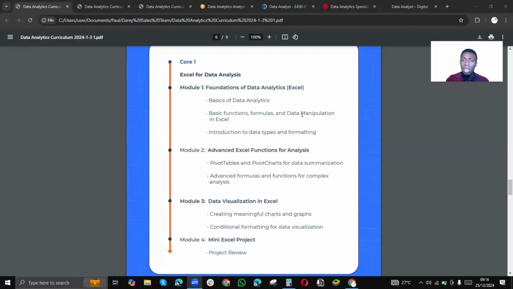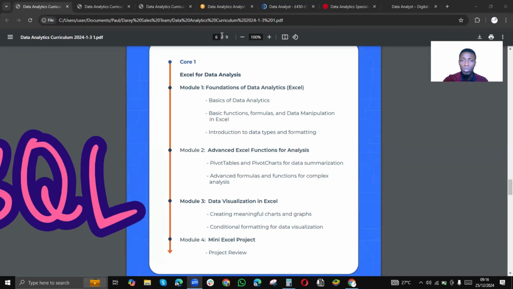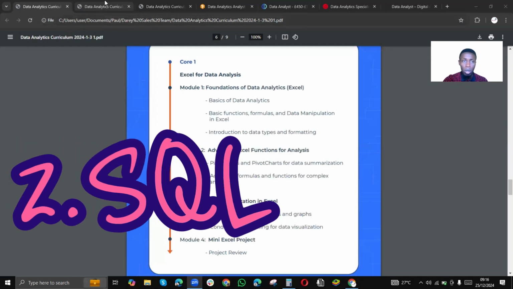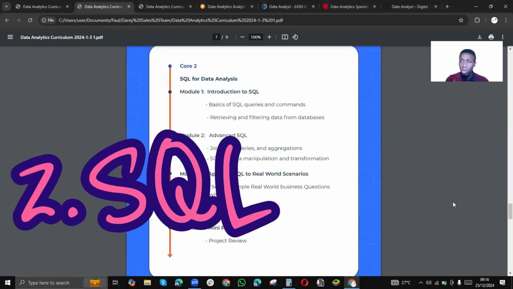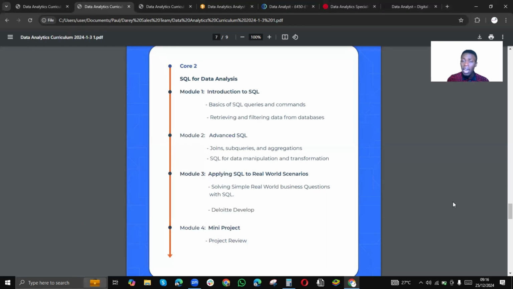That's number one. Number two is SQL. SQL is very, very important because it helps you to ask questions, like querying the database, helping you to view the database from different perspectives. And that helps you to also transform data. And when you transform data, you can look at data from another angle, and that helps you to understand what is inside the data more clearly and more deeply.